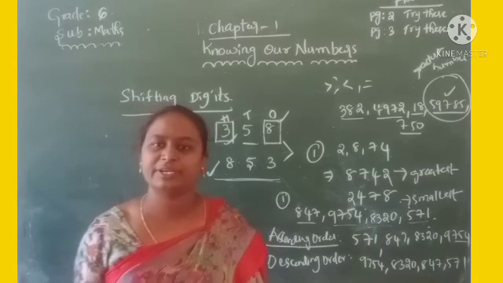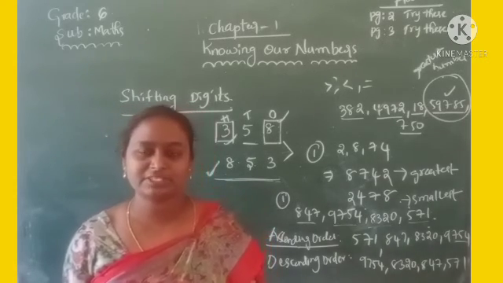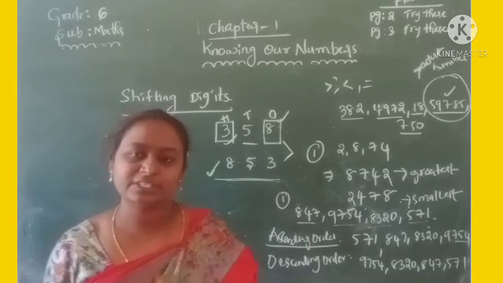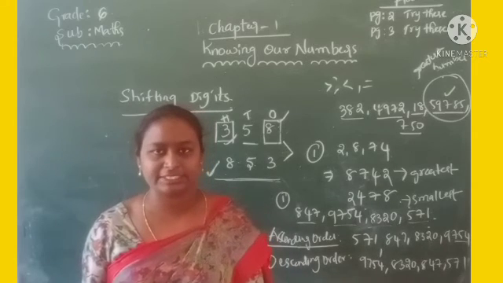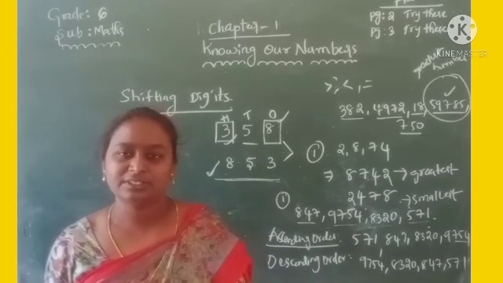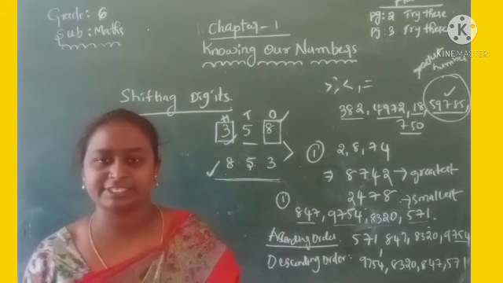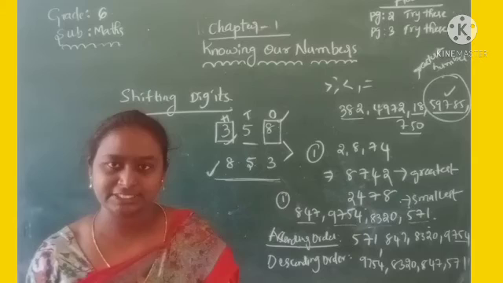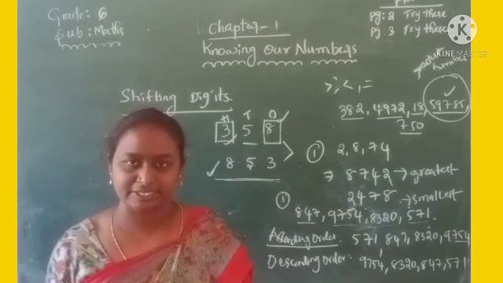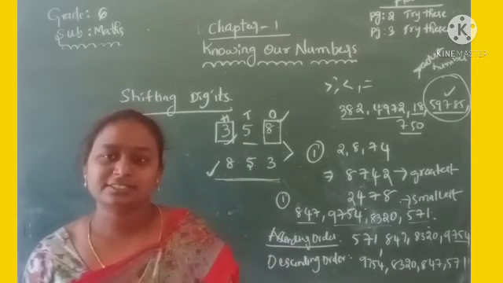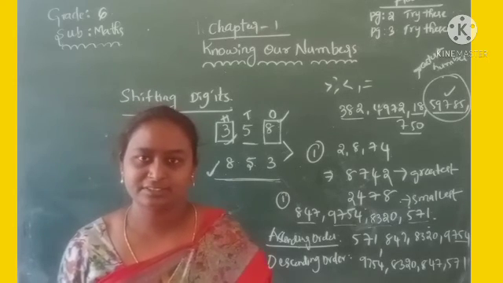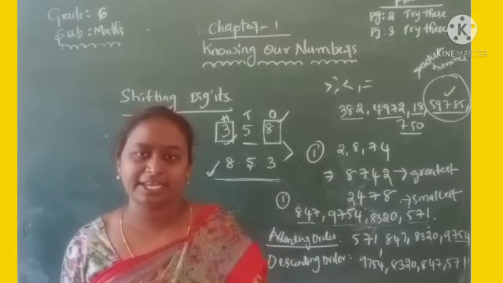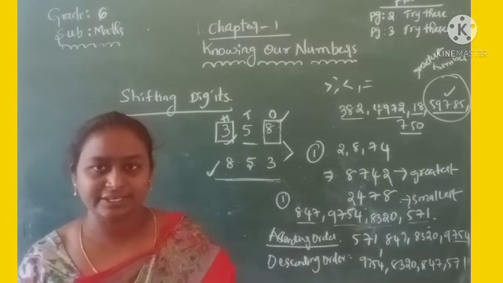So in this class we have learnt how to compare the numbers, either 2-digit number, 3-digit number, 4-digit number or 5-digit number, any number. Okay? First you have to check the number having how many digits. If the numbers have the same digits, you have to check the ones place. If the ones place of the 2 numbers is the same, you go for the next tens place. Again in the tens place same digit, go for next hundreds, like the 1000, 10,000, lakh. You can compare the numbers.